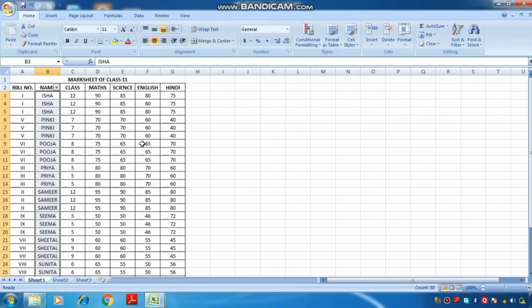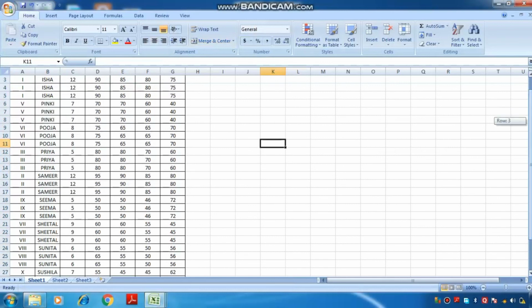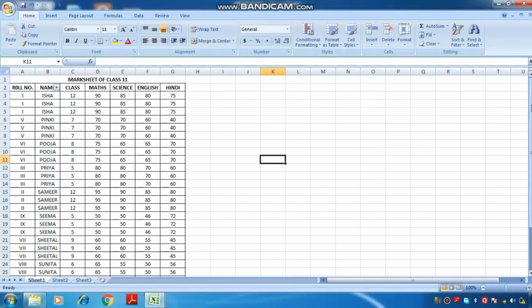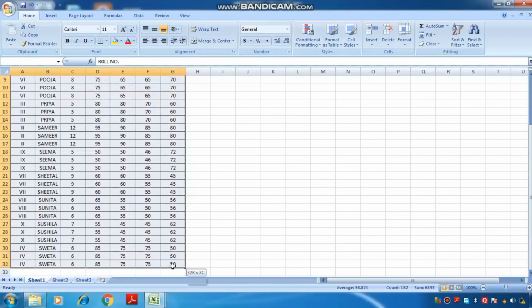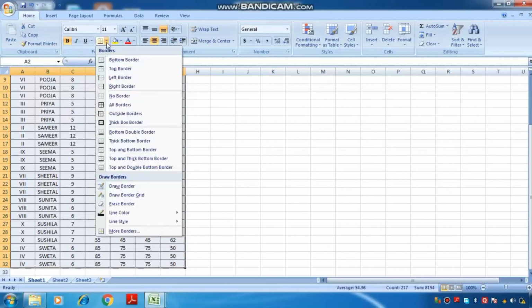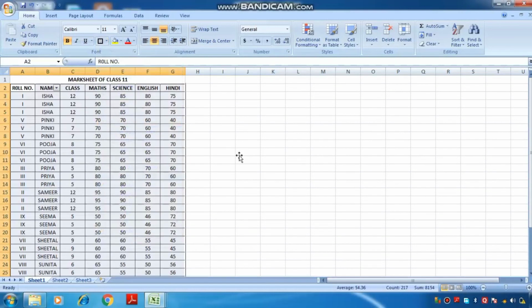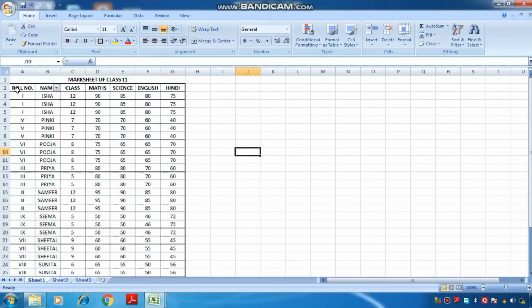Let me take another mark sheet for this. Suppose I want to change the border of this mark sheet. So we have to select the cells of this sheet first like this, and here click on the border drop down button under the font tab. This one is our font tab, and here I have to click on the border option. This one is your border option. Here you can apply a border like a thick border. Here you have seen your sheet is covered with a thick border.